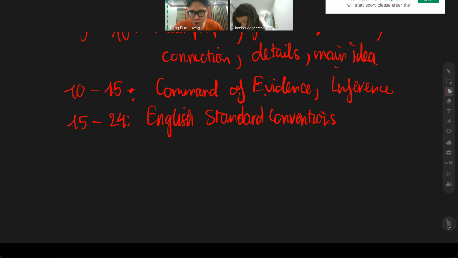They test you about the boundaries, the structure and sense, right? And from 24 to 27, it will test you on the last domain of the test, the expression of ideas, right? It consists of transition,